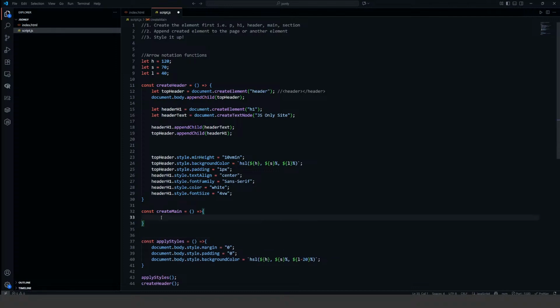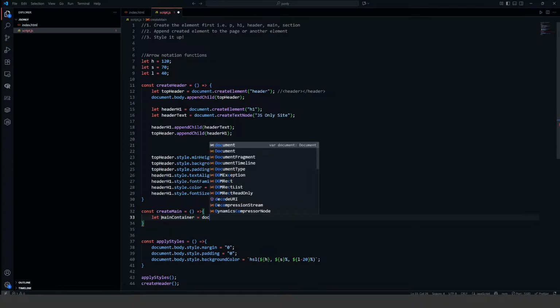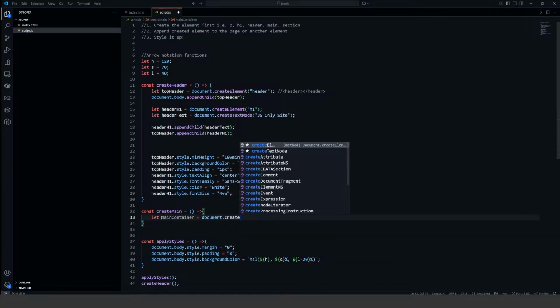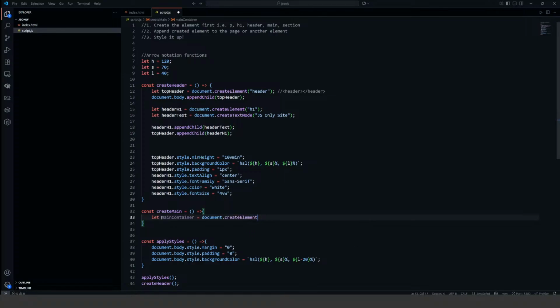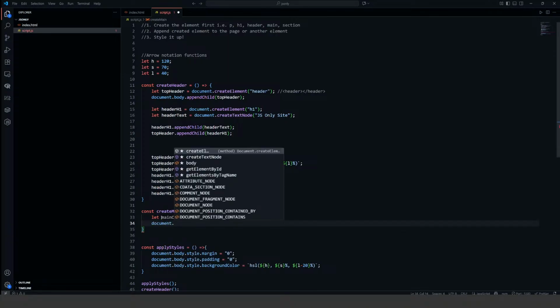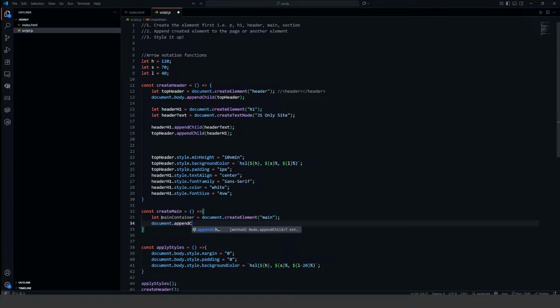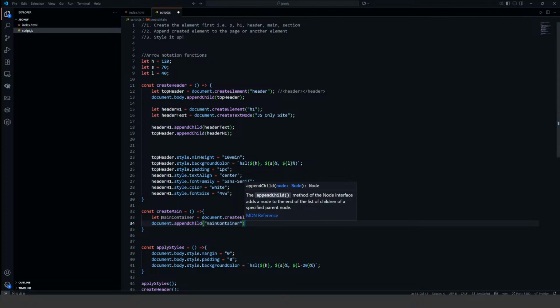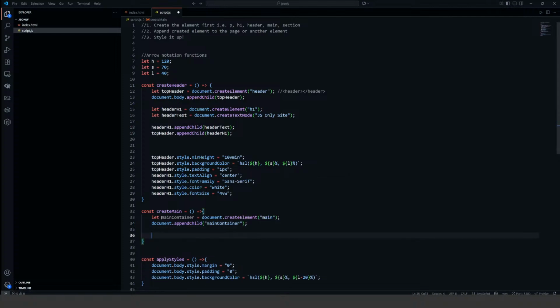Right, in this instance, what I want to do is I want to let main container equal document.create element main. Document dot append child main container, and then we can add a little styling to main